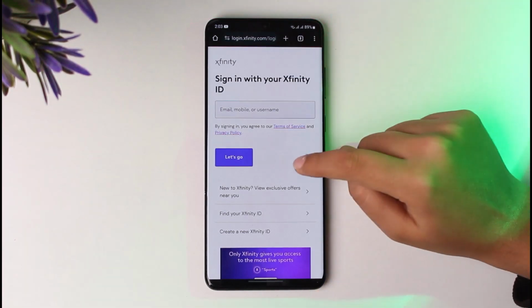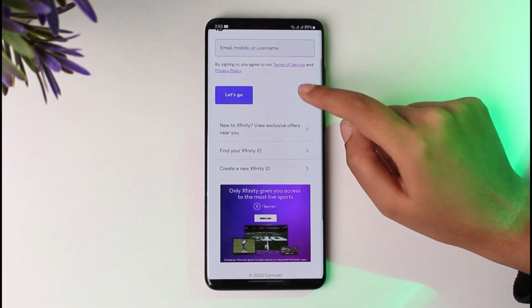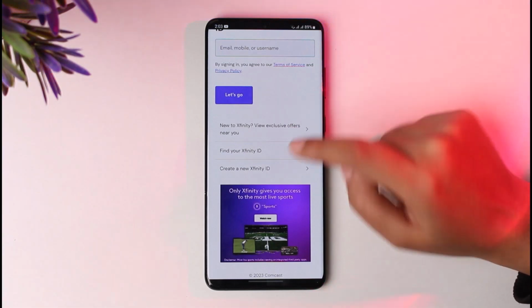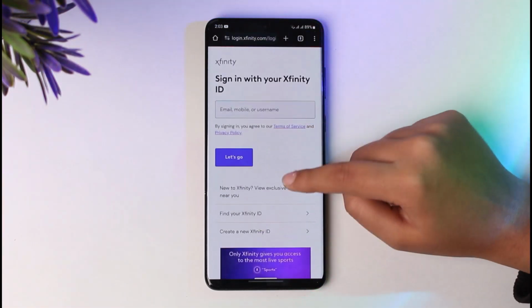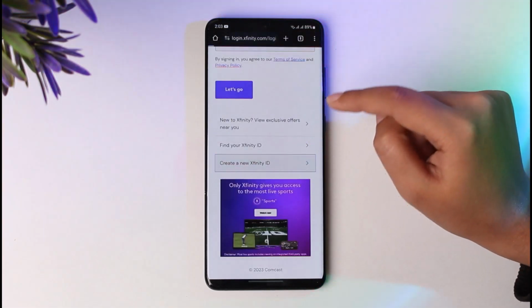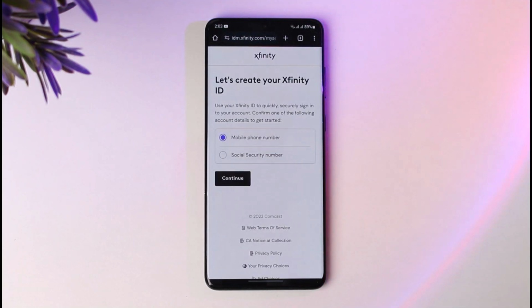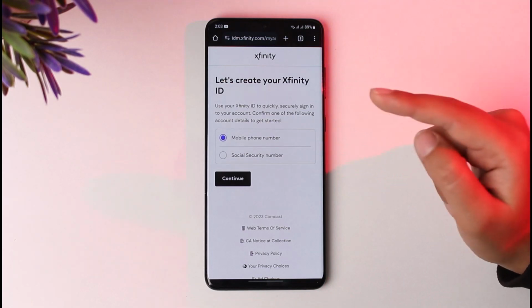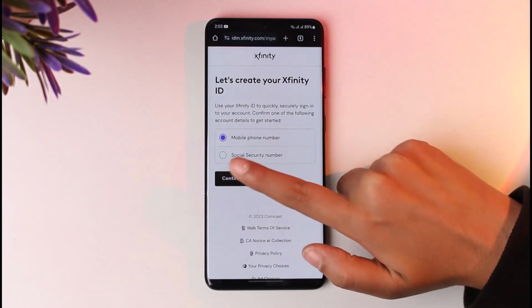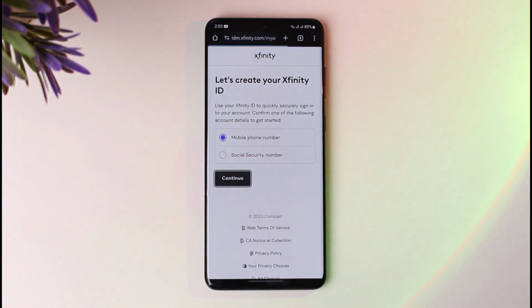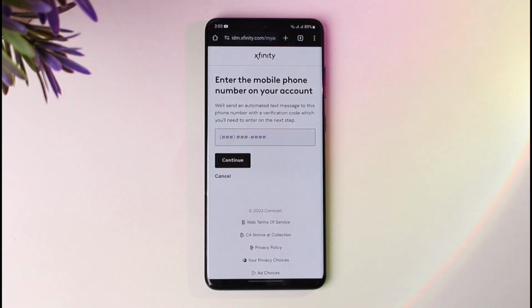If you want to create a new one, we're gonna go ahead, swipe down, and find this option called create a new Xfinity ID or create your email. Go ahead, tap on it. Now it asks for you to provide one of two options: mobile phone number or social security number, whichever one you are comfortable with. Tap on continue once you have chosen,